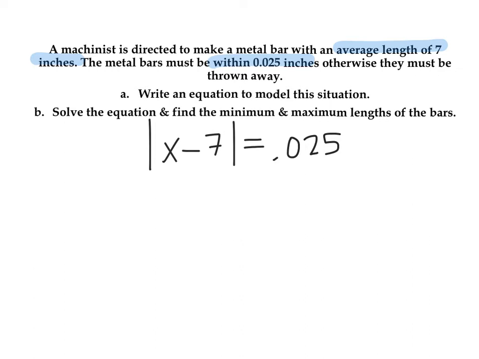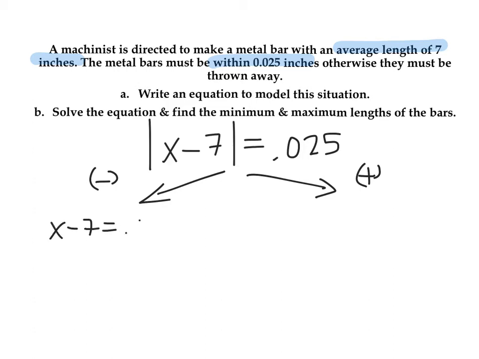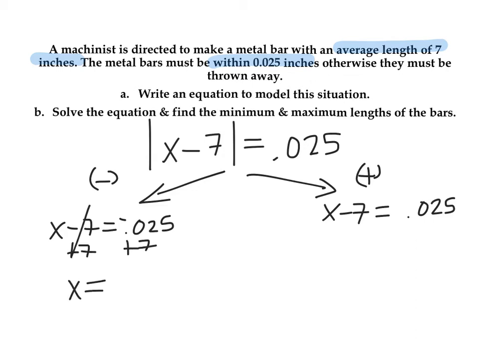Part B is to solve it. As we've done it before, we solve this into two parts. We have the negative side, we have the positive side, and we have x minus 7 equals negative 0.025, and x minus 7 equals positive 0.025. To solve for x, we move the 7 over. You get x equals 6.975. And on the other side, when we add 7 over, you say x equals